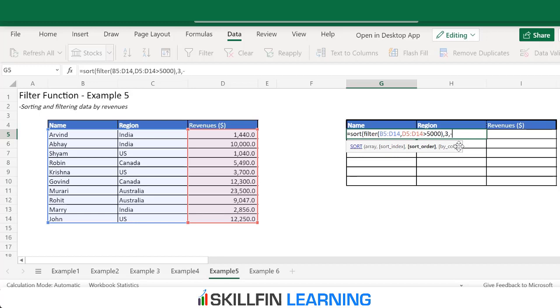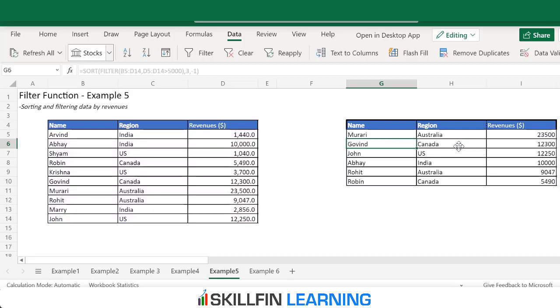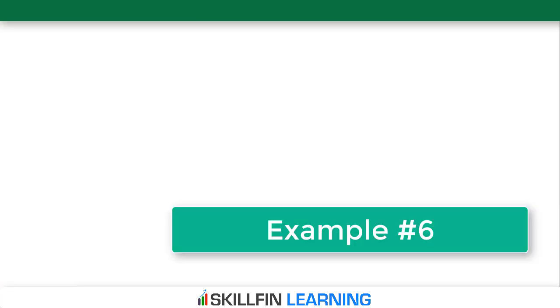So we will type -1, bracket close for the sort function, and then press enter. We see that the data has been filtered with the names of the customers where the revenue is more than $5,000, and it has been sorted in descending order. So this is how we can use the filter and the sort function together.